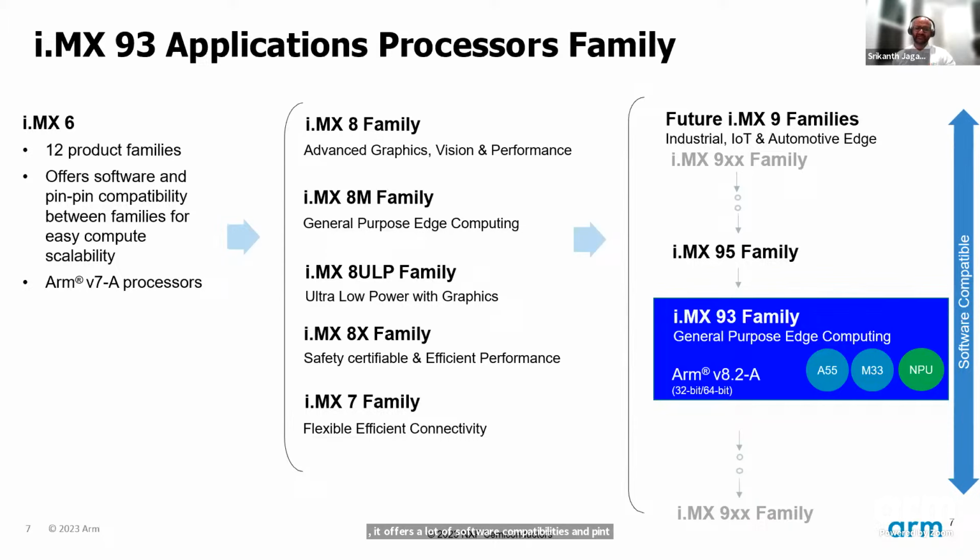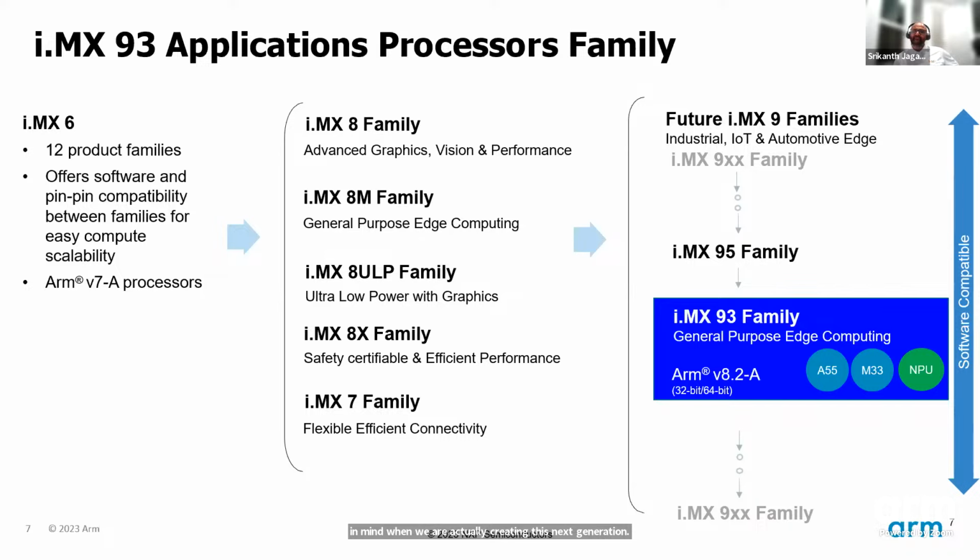So it's basically easy to move from one family to another. This is very useful, and this is what our customers like about our i.MX processor families. We've kept this feedback in mind when creating this next